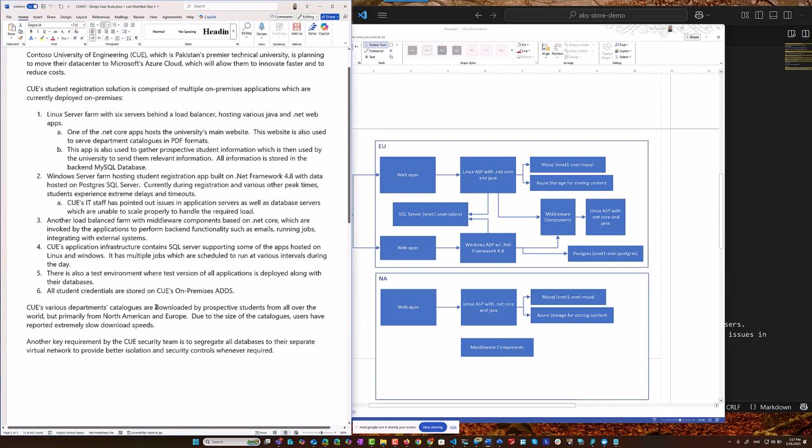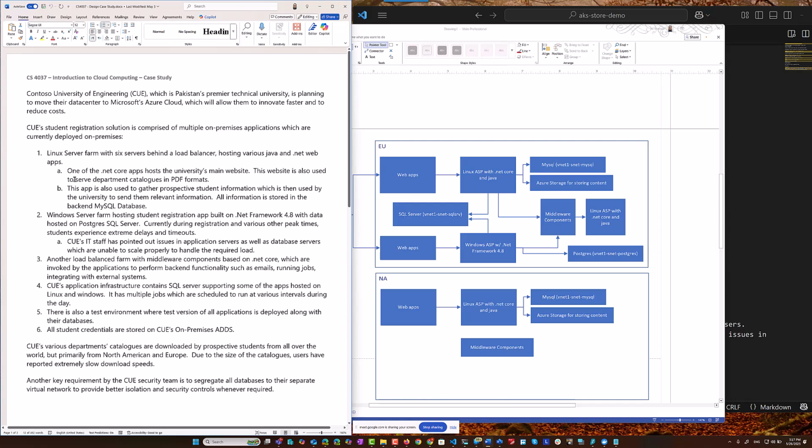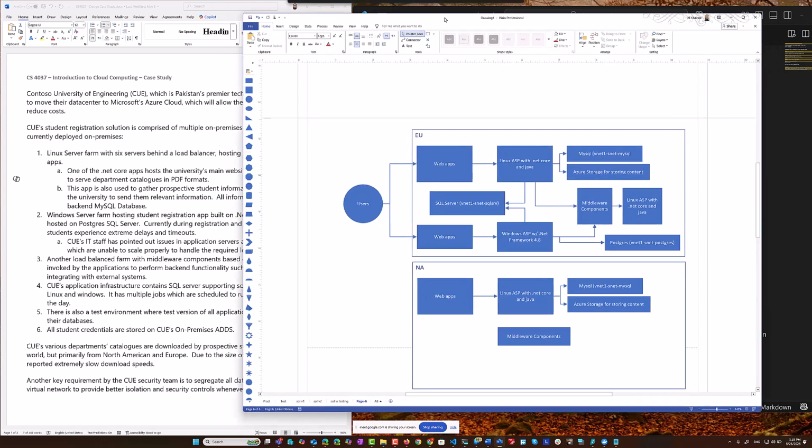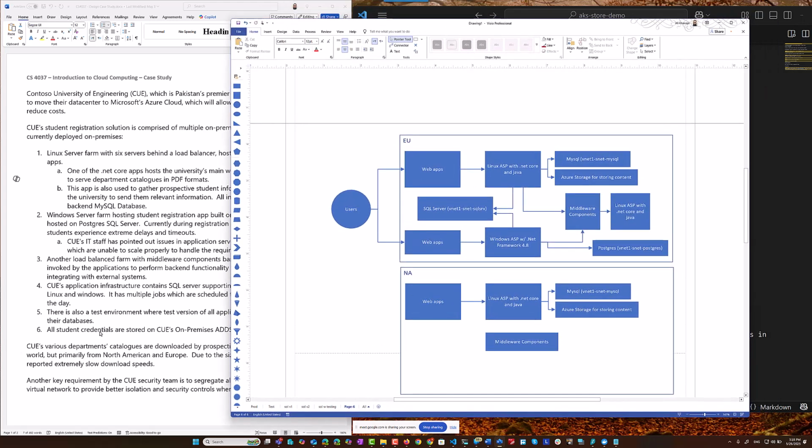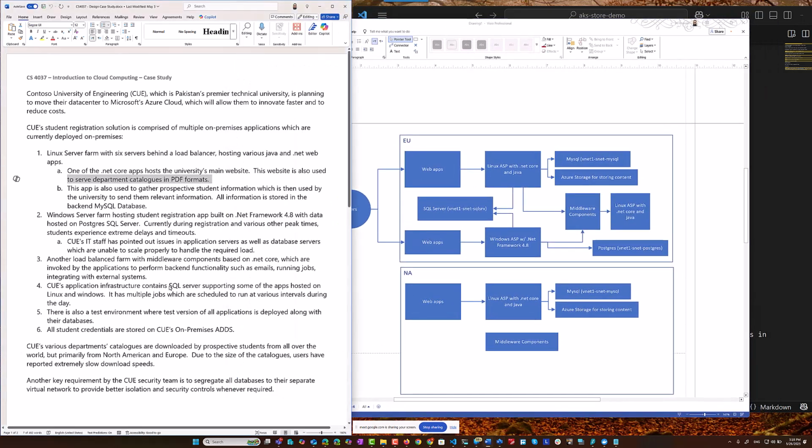No, I mean, it is mentioned that it has department catalogs, it has its content. I'm storing content somewhere, it won't be in the database, all the PDF files, audio, video, whatever it is. You must have the storage. And I also told you one more thing in the class, that